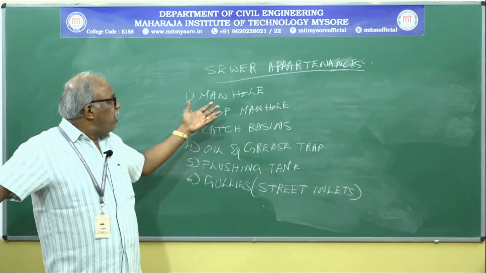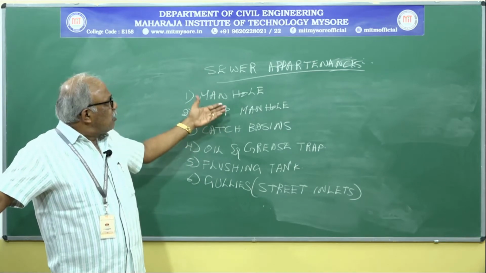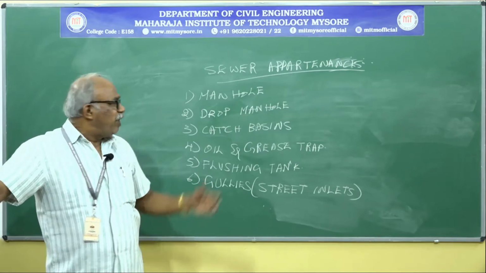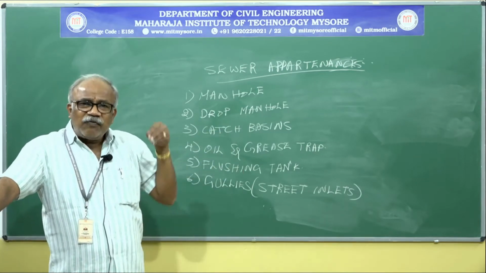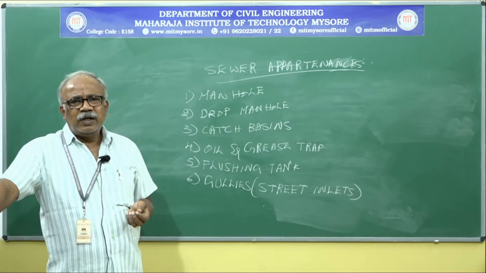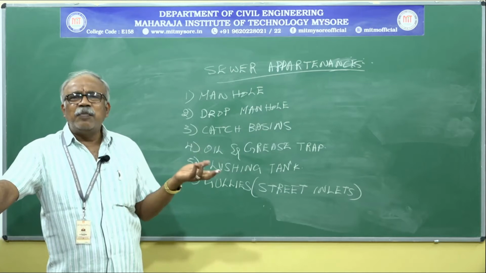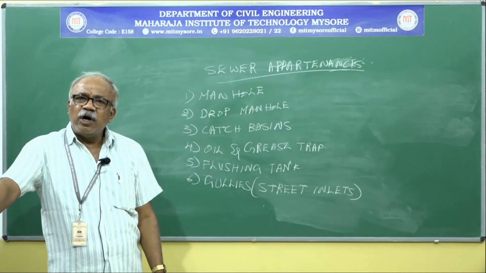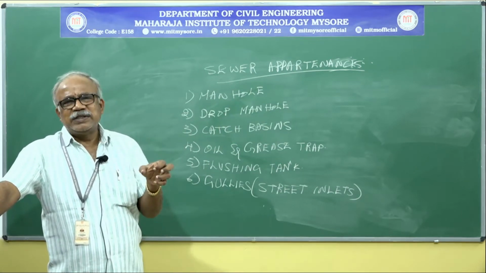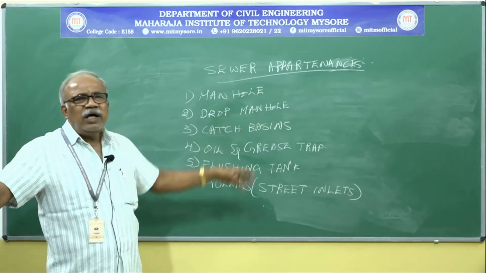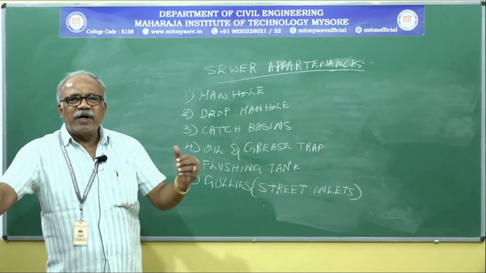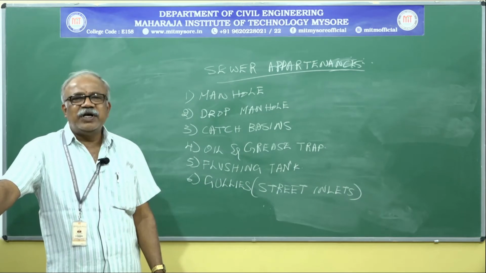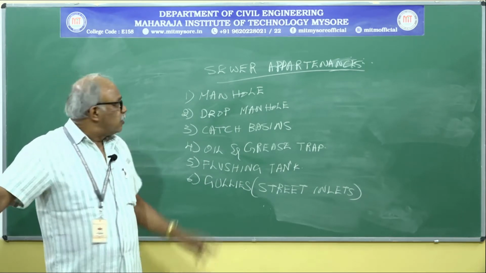These are all the structures used to maintain the sewers. Otherwise, it is very difficult to maintain, because while the sewage is flowing, including residential, public, and stormwater, everything flows in one system or conduit. Sometimes debris and particles get stuck in the flow. To inspect and clean, these things are very essential. Is it right?